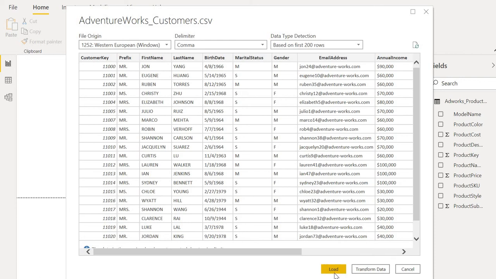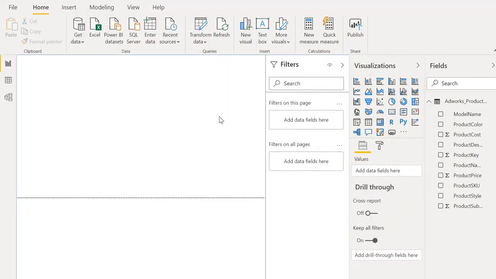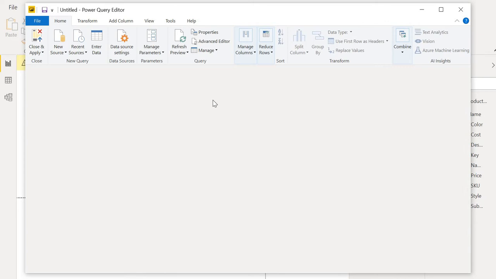So as I told you, if you load the data, it will take you to the Power BI report view or data view, where loading the data means that this data is ready for analysis. But as I told you, we have to do certain transformations. I'll be connecting to Power Query so that we can do these transformations, and then we'll be closing and applying the data. So here we are, the data is just loading,